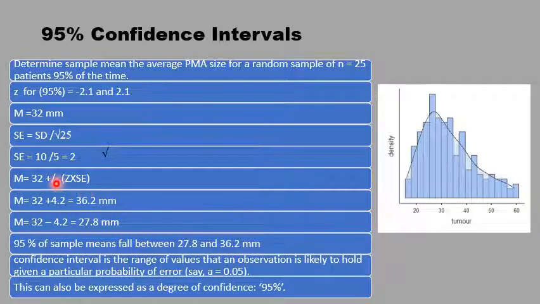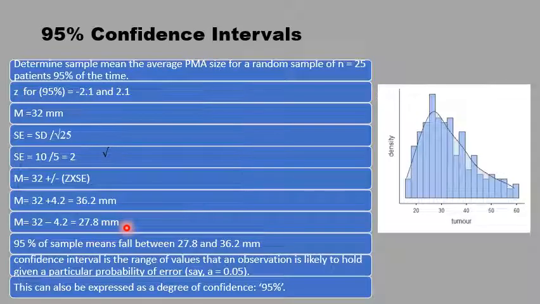Because if you slot into this equation, 32 plus or minus z-score of 2.1 multiplied by a standard error of 2, that is plus or minus 4 point something, 4.2. So these will be the limits of the expected tumors